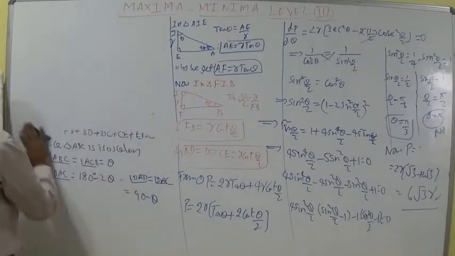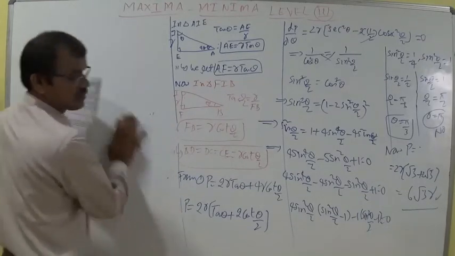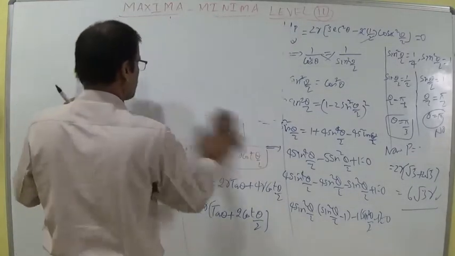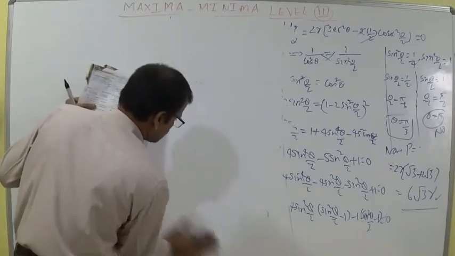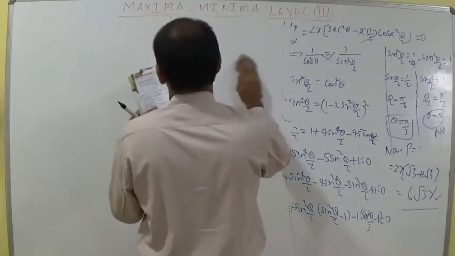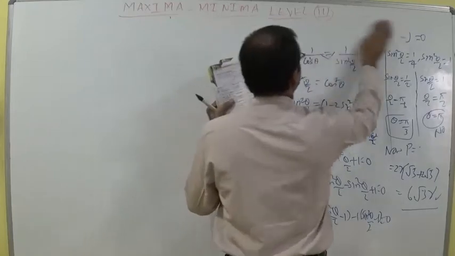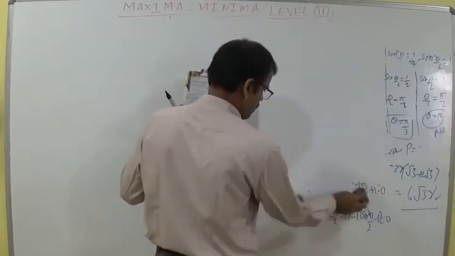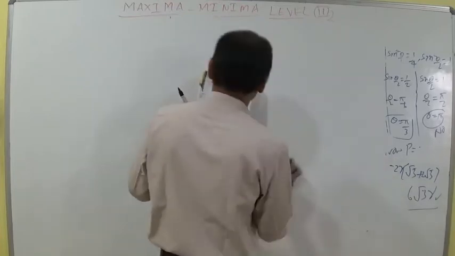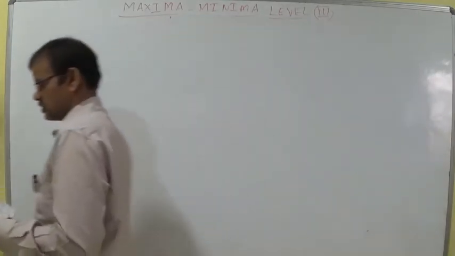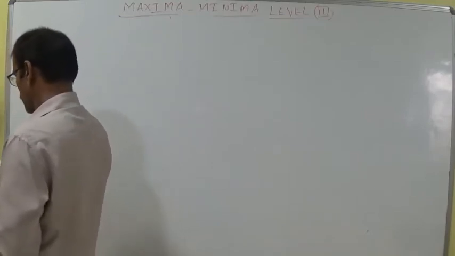Now let us discuss the 18th question. The longest distance of point A comma 0. A point is given, A comma 0, from the curve. A curve may be a parabola or any curve he has given. From that point to this curve there is a minimum distance, and the longest distance from the curve is asked.